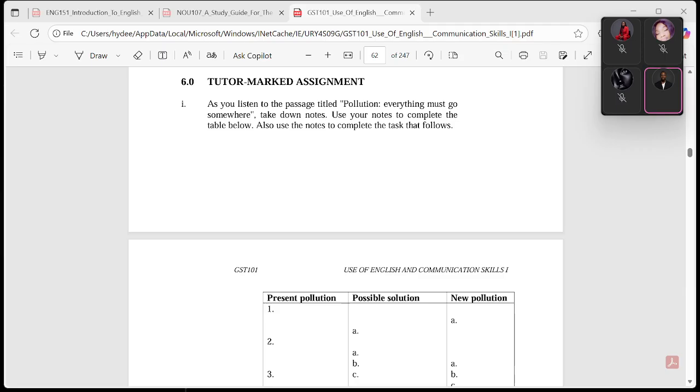I want you guys to be able to go through the summary, and while you're doing these questions, I want you to go through your unit and search. If you're able to answer these 40 questions, then you're good to go. All you need to do is read the questions and read the answers again.